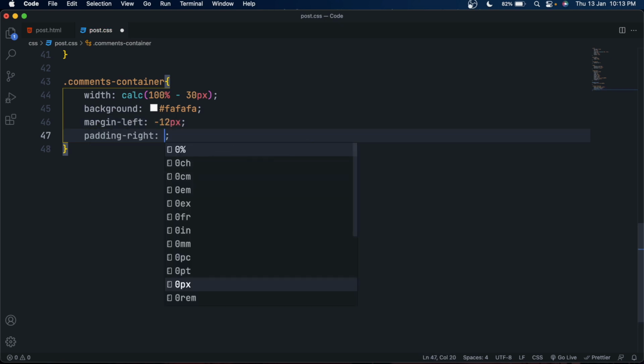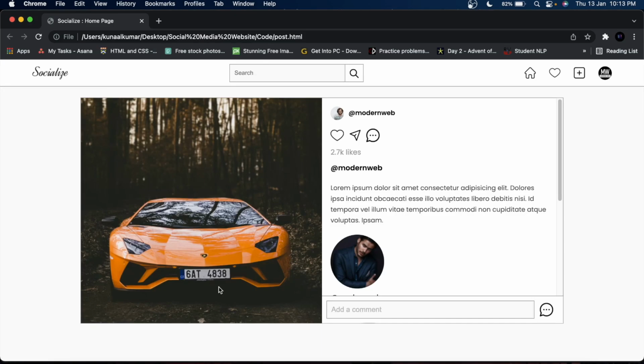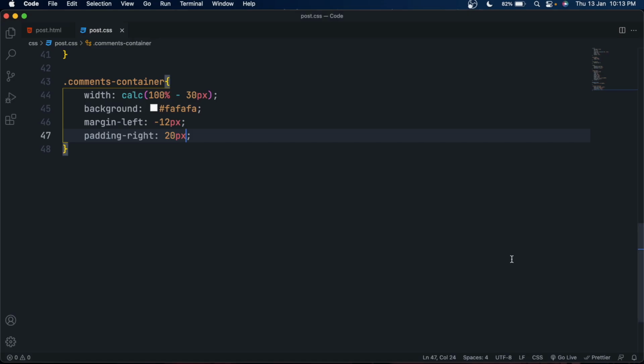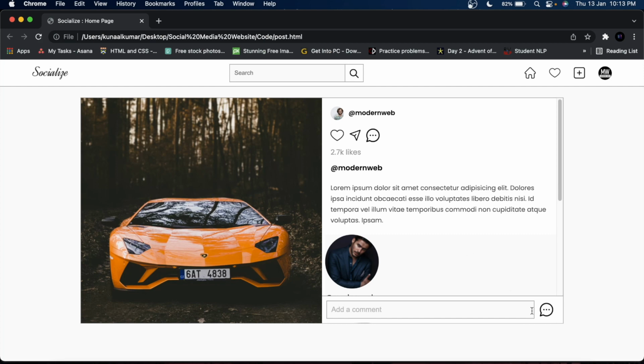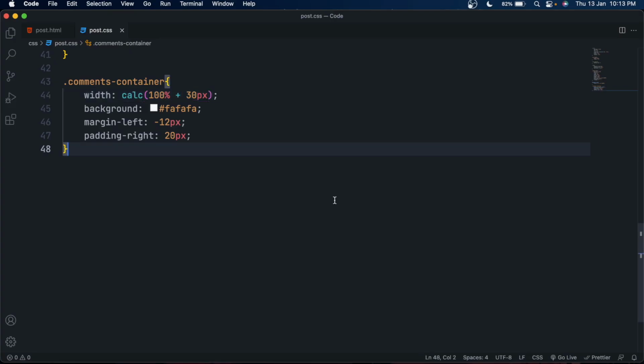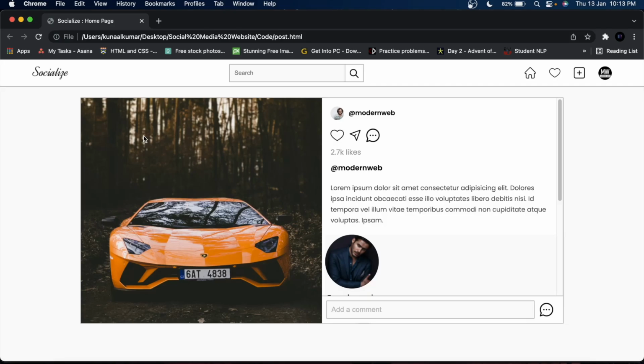I messed up here, but I'll fix it later. So you can see I got a light gray div, but instead of subtracting it, you have to add it to cover the whole screen. And instead of setting padding right, set its whole padding to 20 pixels. Now it's looking great.